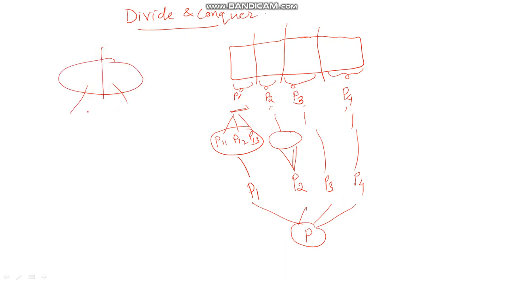So this is the divide and conquer methodology, wherein the given problem is first divided into smaller sub problems. These smaller sub problems are solved. They can be directly solved, or they can be further divided into smaller sub problems until they are solvable easily. And once we get the solution to the sub problems, we go on combining the results, and finally we combine all the sub problems to get the result of the given problem. So this is the methodology that is used for divide and conquer.